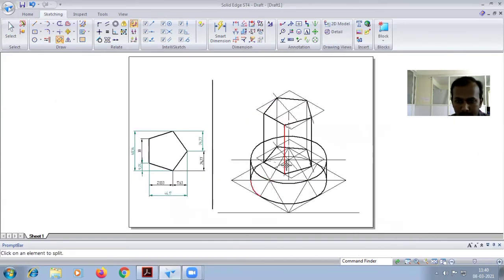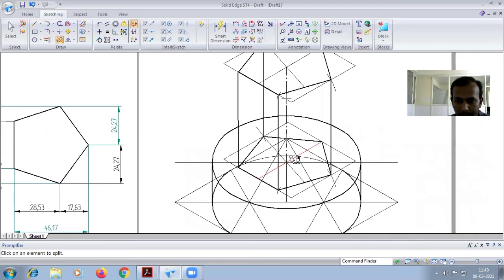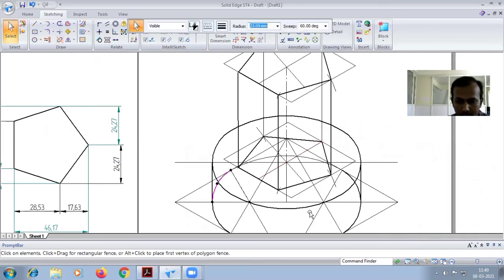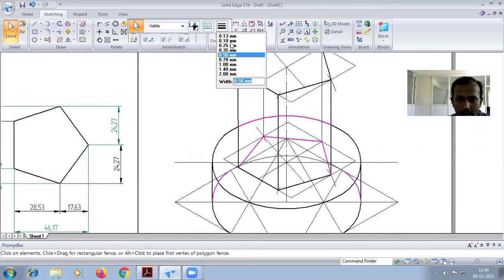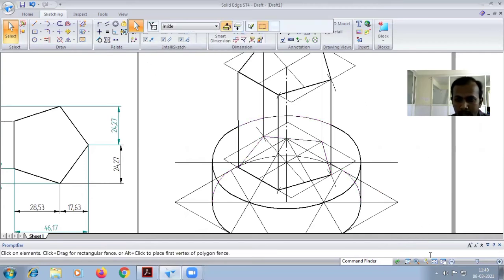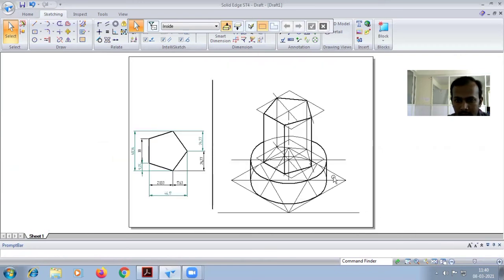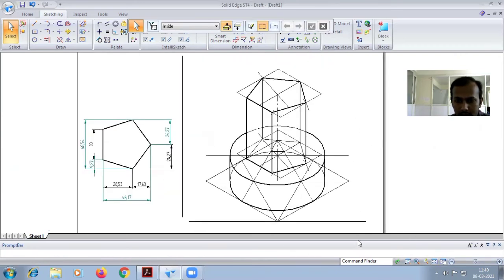So the curves of this one are completed. You can look at this one, it is split and only this amount is showing. Inside this, select the pentagon and make it 0.25. Clear. So this will be the finished diagram.